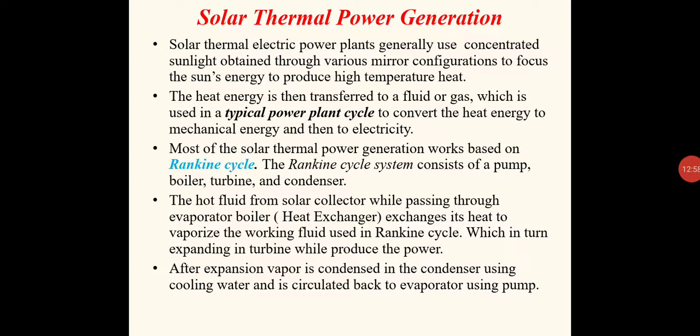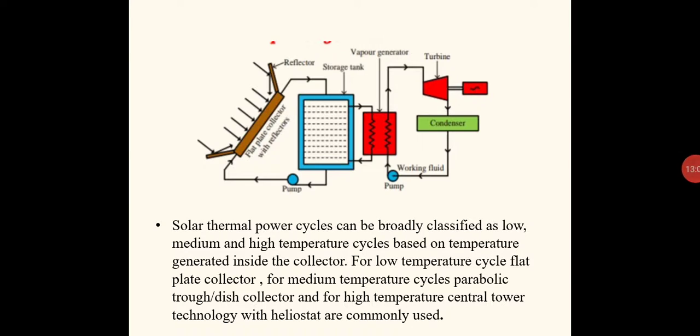Pump, boiler, turbine and condenser. This side you can see here. This is the Rankine cycle. Here in the Rankine cycle, high pressure vapor is produced within the vapor generator or boiler. So within the boiler or vapor generator, high pressure vapor working fluid is produced. If it is water, steam is produced. Then that steam, or the vapor, is passed through the turbine,